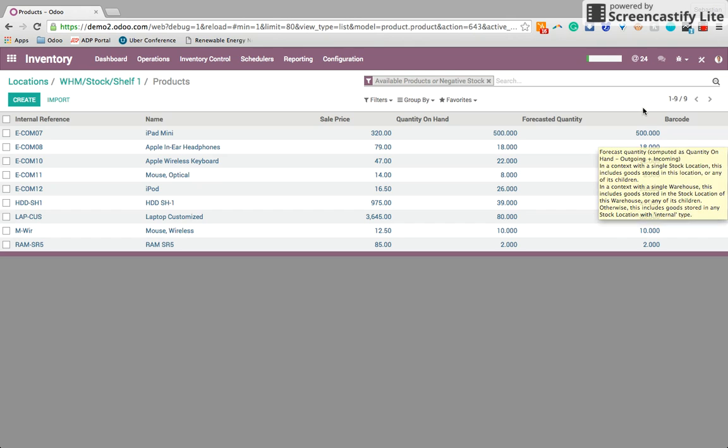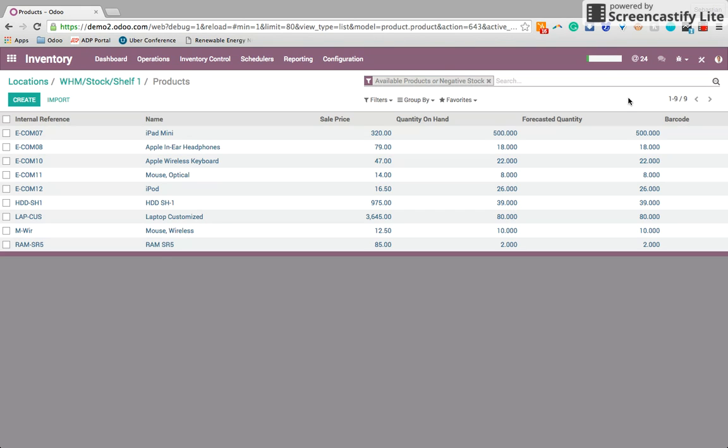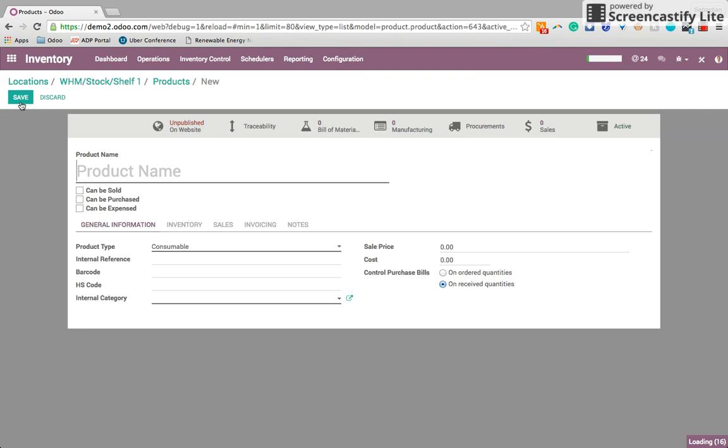Forecasted quantity being, well, have any been reserved for a sale or a delivery to a customer? Do I have a purchase order being received soon from a vendor? And it'll take that into account automatically. So right here, if I'm going to add more products to this shelf, I can create a new product and I can assign this right here, make it a new car part that I'm receiving or something similar, a new, if I run a library, it can be a new